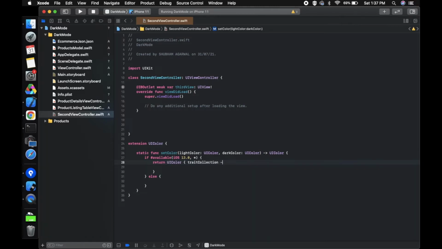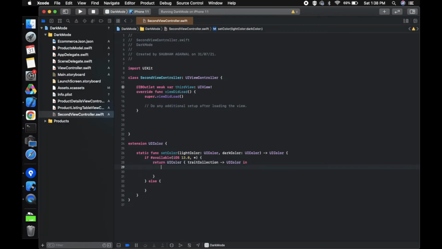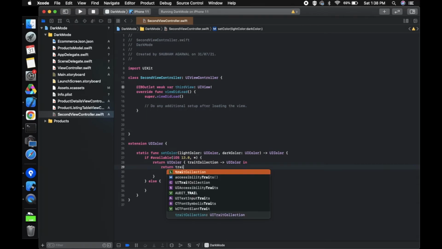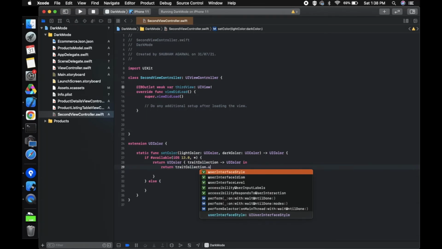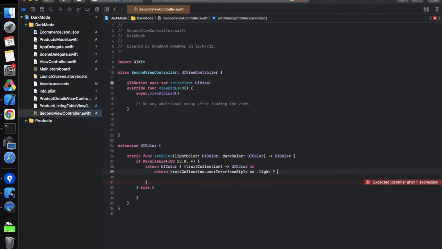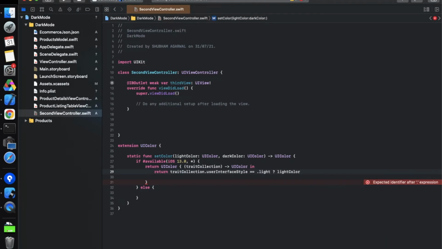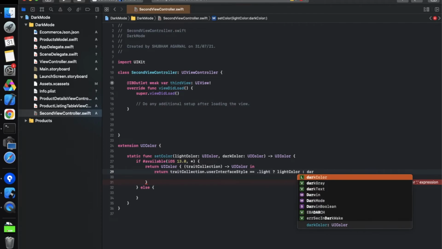It will provide us the UIColor, something like this, in. And now this is a closure, and we have to return traitCollection.userInterfaceStyle. If it is .light, I think I need to write this manually, then we have to use the light color which we have taken as a parameter. Otherwise it is the dark color.